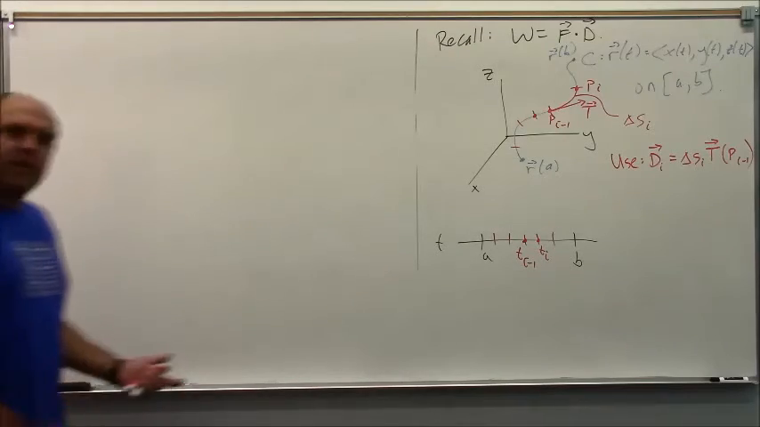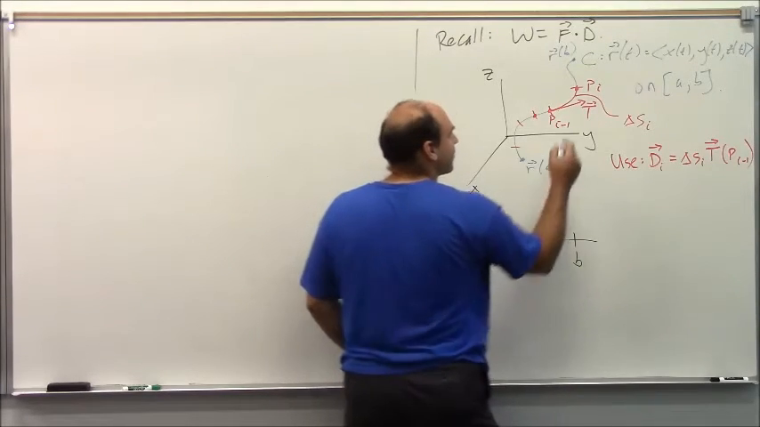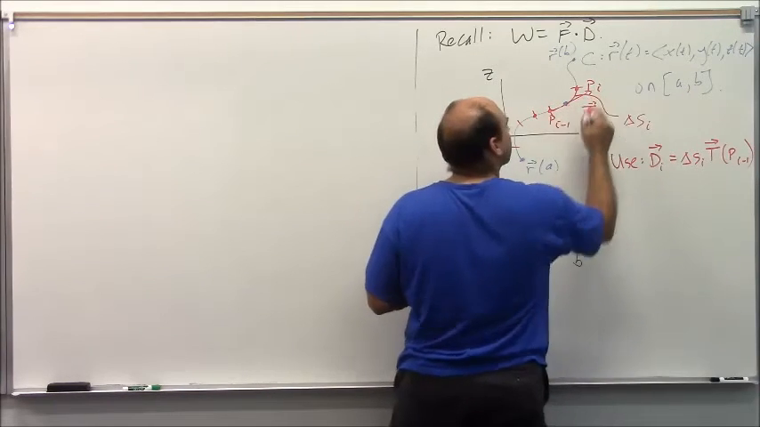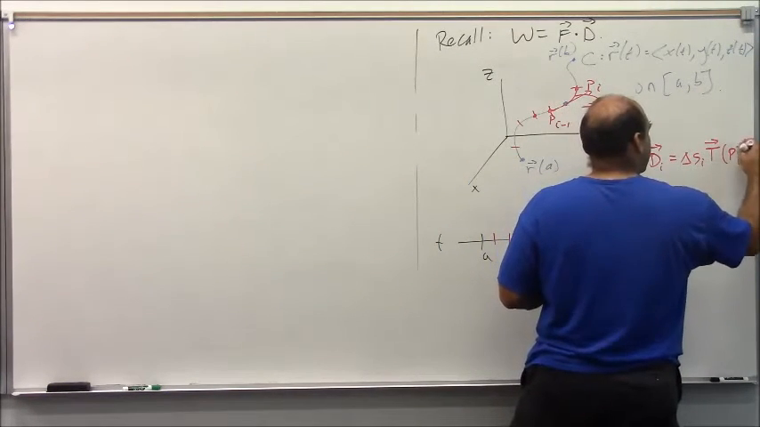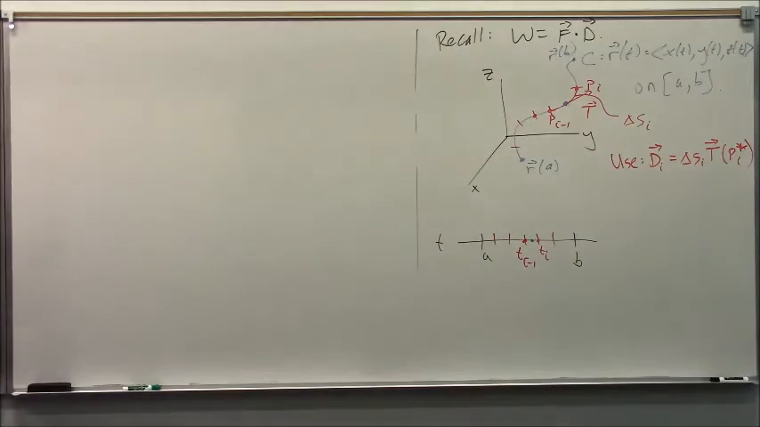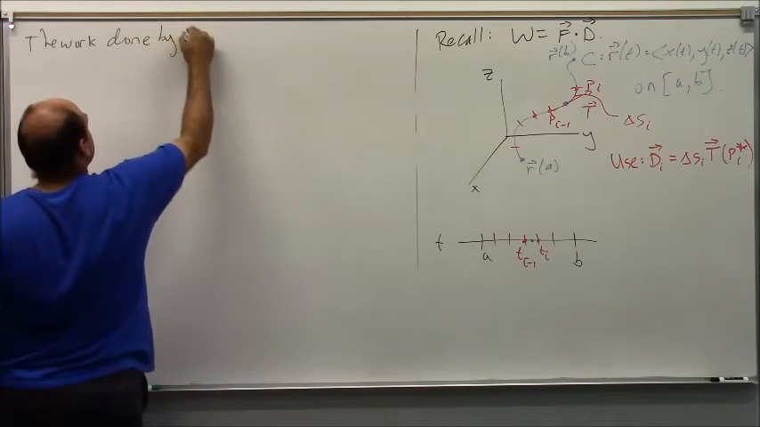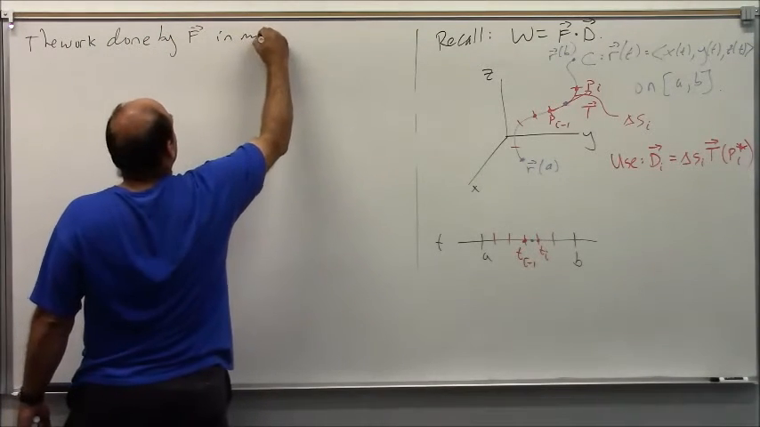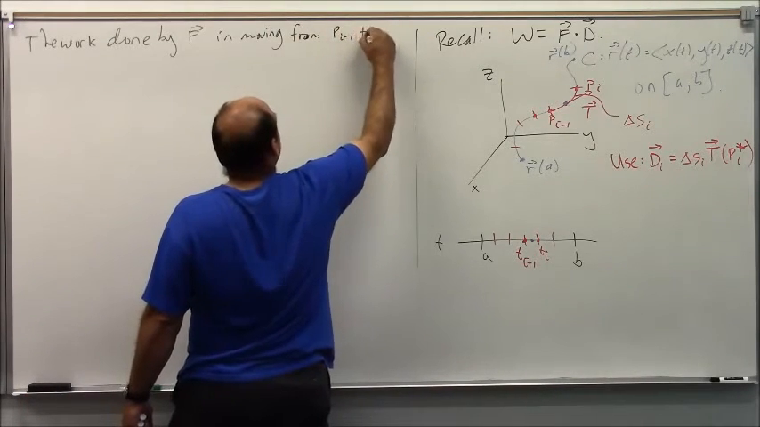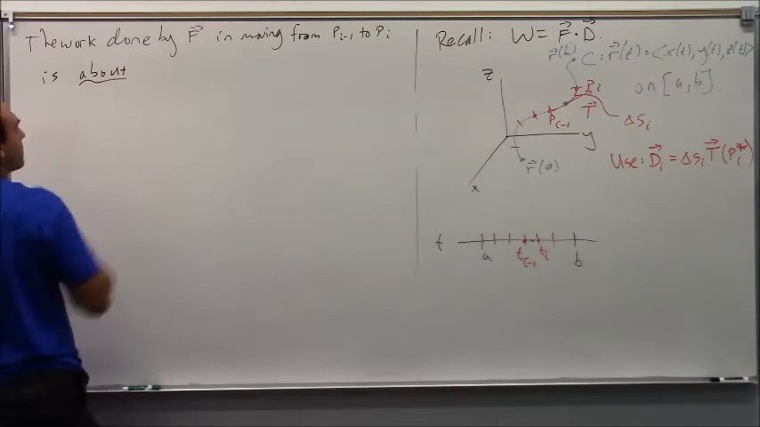Now, I don't actually want to constrain myself to have to use p sub i minus 1, so I will choose just a sample point in here somewhere, and I will actually use the t from there. So instead of p sub i minus 1, I'm going to call it p sub i star. And now this will look like what we've been doing. So the work done by F in moving from p sub i minus 1 to p sub i is about, approximately,